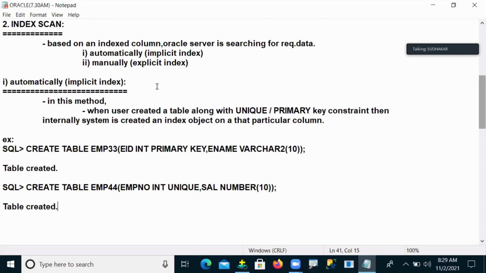Understand my point now? We created one table with a primary key and one table with a unique constraint. But whether my system created the index objects or not, how can I know that? How can I see whether indexes are created or not? Here one data dictionary is there. The data dictionary name is called